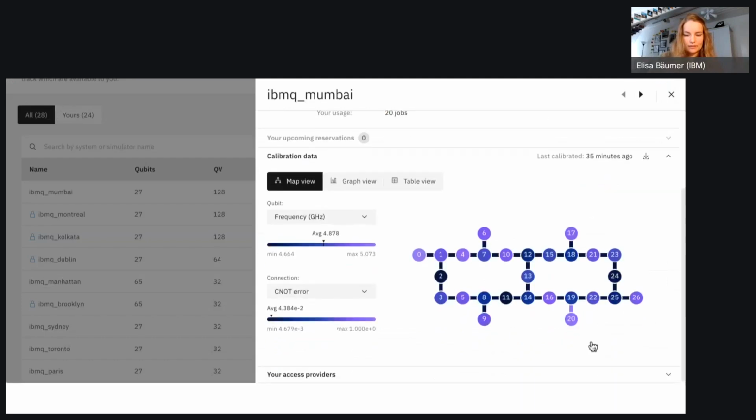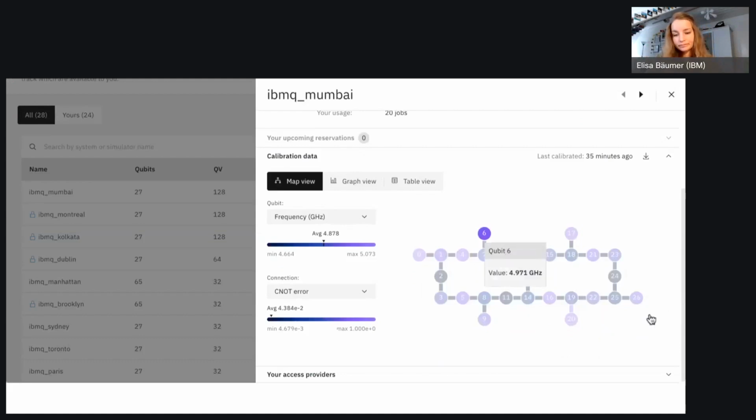We can see this is the connectivity map. And if I'm now choosing 5 different qubits of those, well, it would be stupid to choose qubit 0 and 12 and 26 because they are not connected at all. What I rather want to do is choose some qubits that are nicely connected, where maybe the errors are rather small, because if I don't need all of them, I can just choose the best ones.